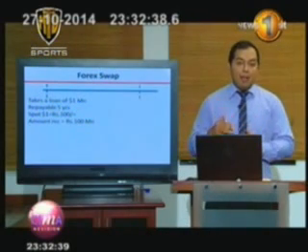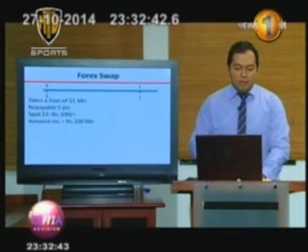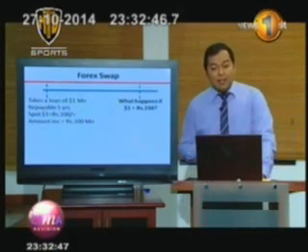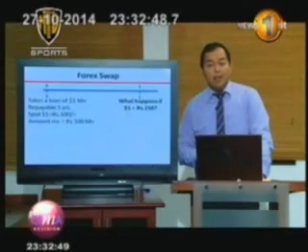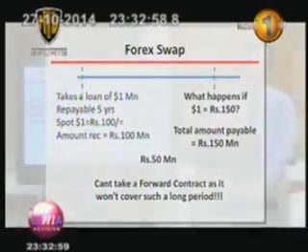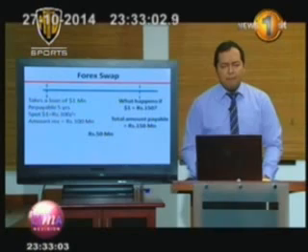So your capital repayment is in dollars, and we will now fast forward 5 years and see what happens if the dollar has gone up to 150 rupees. Your repayment is how much now? Your total repayment is 150 million rupees. You now have to pay 50 million more as a result of the movement in your dollar rupee exchange rate.